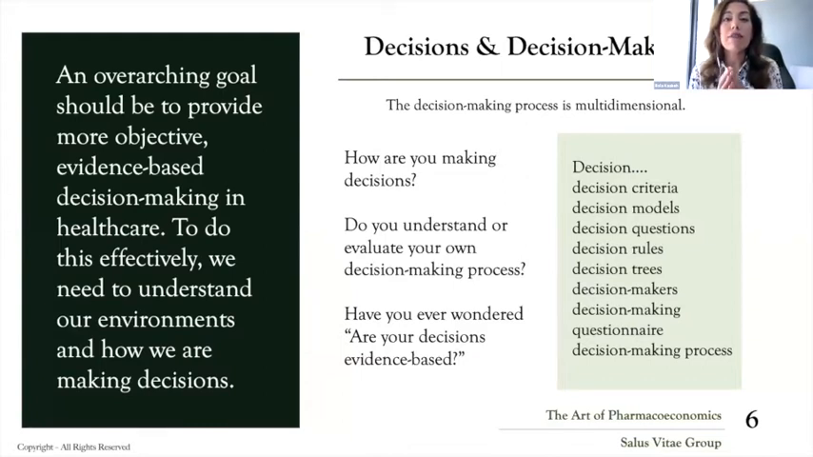Now, with the topic of decisions, this book, I go into detail because it is very important as a very general framework and base for thinking about resource allocation. It's the whole decision-making process. And if you see on the right here, there's that whole list of decision criteria, decision models, decision questions, decision rules, decision trees, which goes into the methodology of decision making,